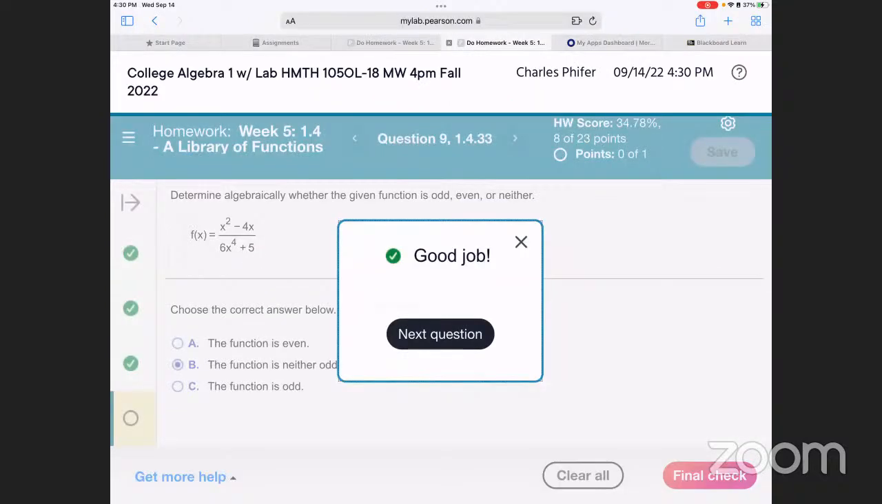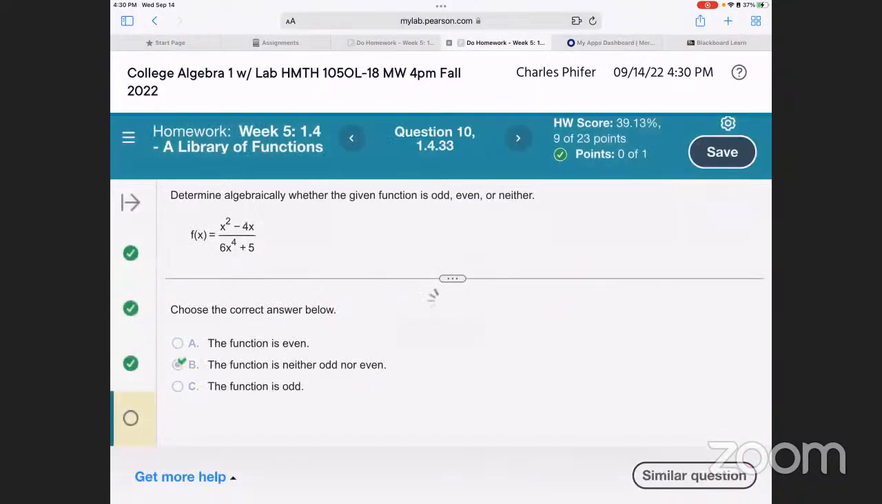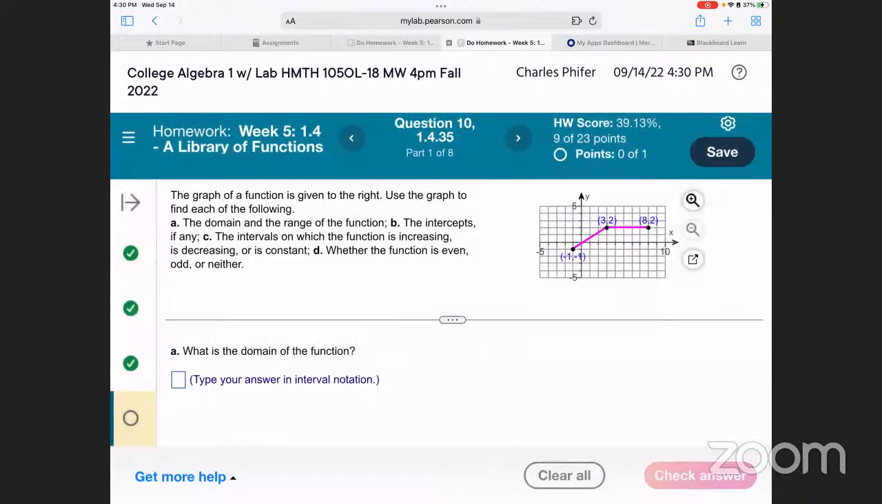Okay. Another one. The graph of a function is given to the right. You use the graph to find each of the following: domain and range. So the domain is the very left to the very right. The far left for this one,